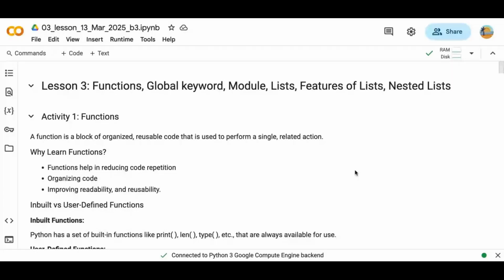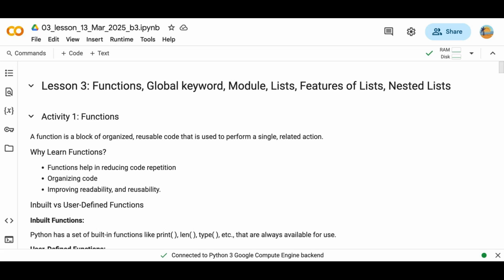So today it's only about the lists, Meenakshi? Today the concept starts with functions. We are going to see how to create functions using the Python programming language. And then we have this global keyword, like we have to discuss what is a global variable. So we already saw what is a variable, but when we create functions, we have to talk about global variable